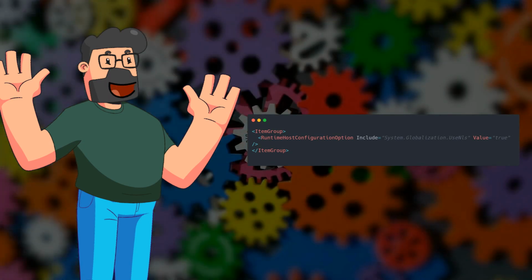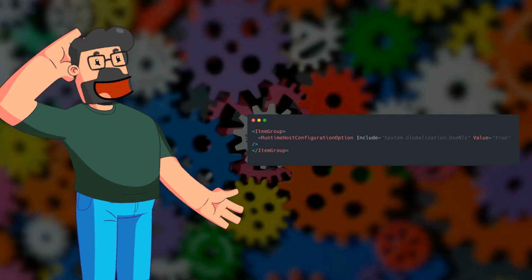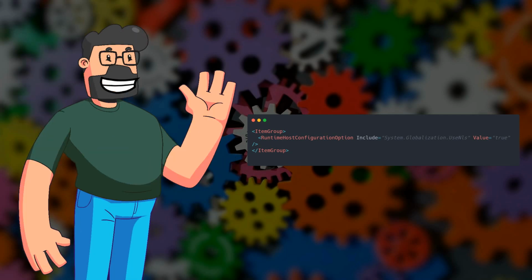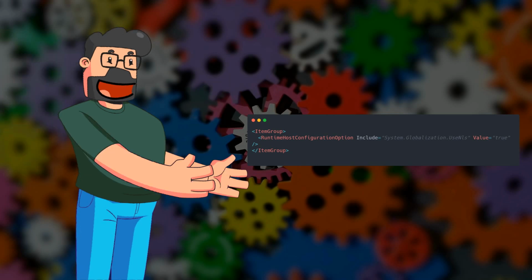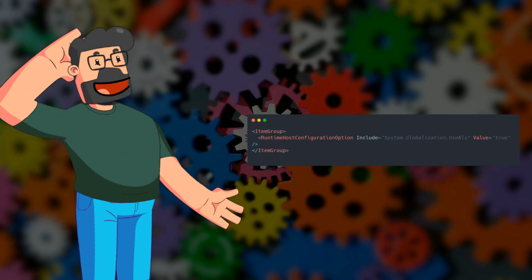Moving on to the solution provided for this dilemma, we can address the differences in behavior by tweaking the project configuration in a .NET 8 application. By adding a specific code snippet to the project file, we can revert back to the previous NLS behavior and achieve consistency with .NET 4.8. The key to resolving this disparity lies in including the runtime host configuration option to utilize the NLS system for